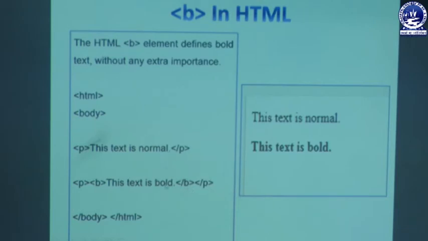You can clearly differentiate between both paragraphs: the first paragraph is the default value, that is "This text is normal", and in the second paragraph "This text is bold" is specified in bold format because we have specified the bold tag. So the B tag defines the bold text without giving any extra importance. That means whatever we write in the B tag will be in the bold format.